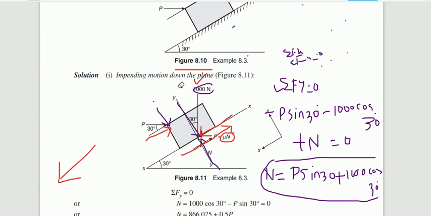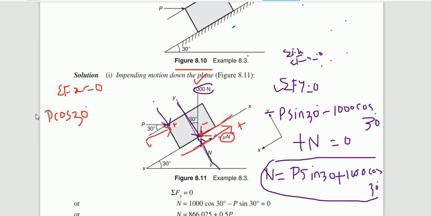Just write summation of horizontal force, Fx is equal to 0. Now you have to write the forces. We know that this is negative and this is positive, this is positive, this is negative and this is positive. Following the same convention, this component is P cos 30,